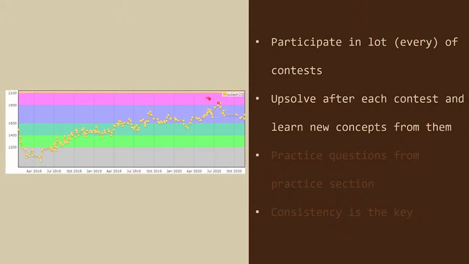The next pro tip is upsolve after each contest and learn new concepts from them. So what do I mean by upsolve? Upsolve means, suppose you participated in a particular contest and during the contest you could only solve around 1 or 2 questions. So after the contest, I will make sure that I solve the third question also. How do I solve the third question? After the contest,